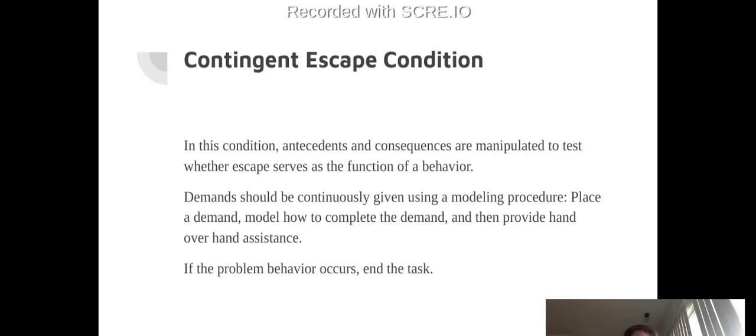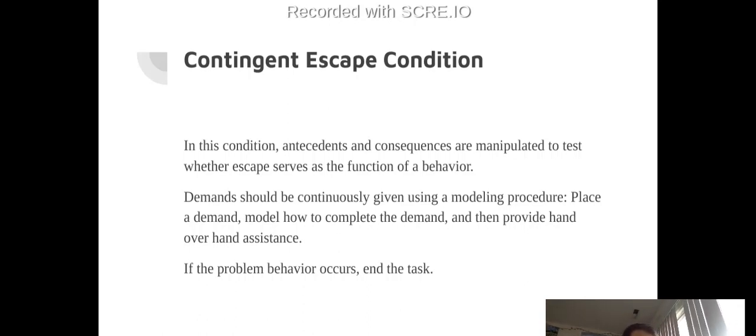In the escape condition, the consequences and antecedents are manipulated by providing the child with a task. You want to give them a functional task and then use a 3-step modeling procedure. You want to first place a demand, second, model the expectation, and then third, provide some hand-over-hand assistance with running the program. If in this condition you're seeing a lot of problem behaviors, you are likely seeing an escape maintained behavior. If they engage in the problem behavior during this condition, you stop the demand, you reinforce by giving them the escape that they want, and then after a little bit,